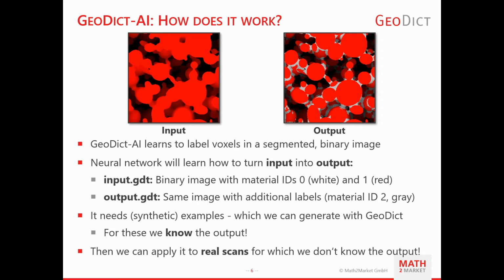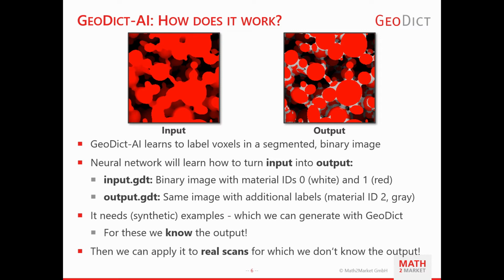In order to run the training process, we need several of these pairs of input and output images which correspond to each other. Namely, they have the same structure, but in the output image, the actual binder content is marked. Now the problem is, of course, that for our actual material, namely the battery NMC cathode, we do not know where the binder is, so we do not have the output image. We only have the input image, which has the grains and the binder encoded in the same color.